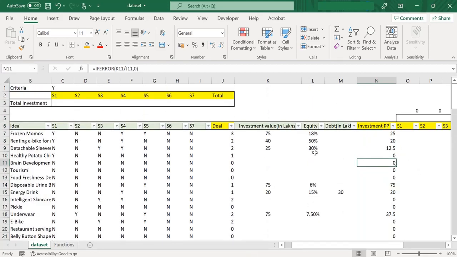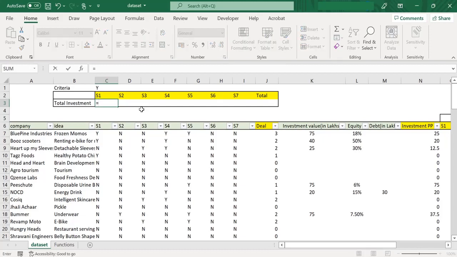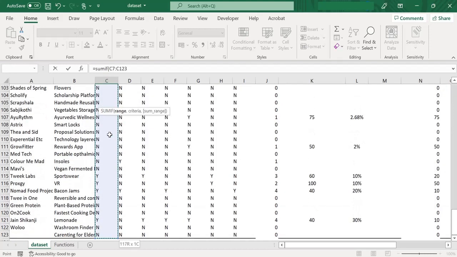Okay. So what if we have to find out the total investment done by individual investors in all of these companies? For that we will go to our next function, which is the SUMIF function. So I'll start by writing that. The range in our case is the first range, since this is the first investor. In this case, I'll just fix the rows.